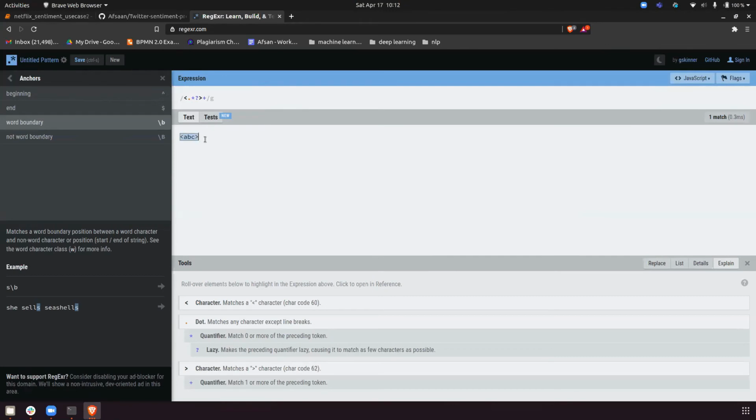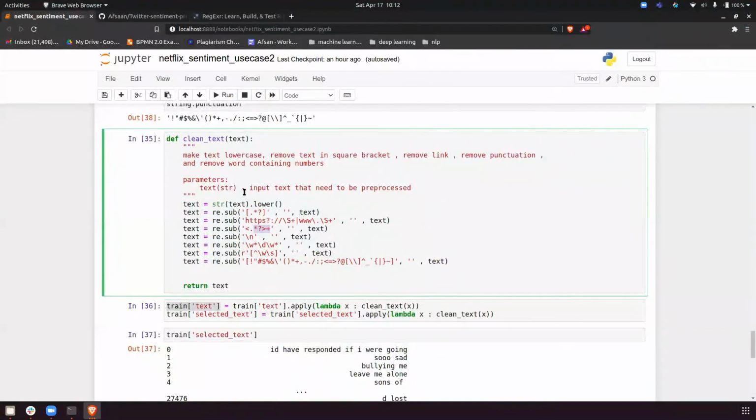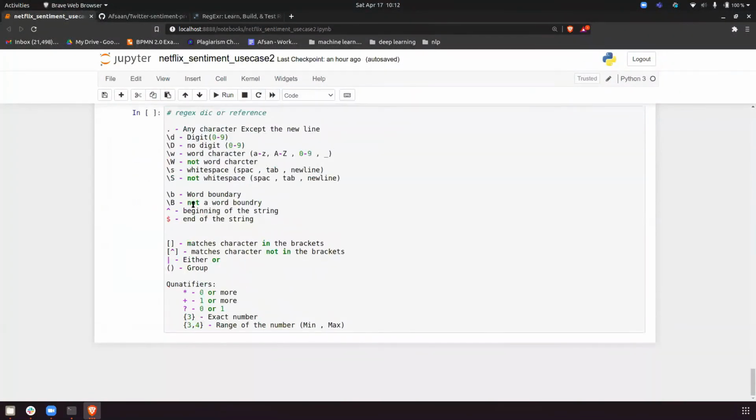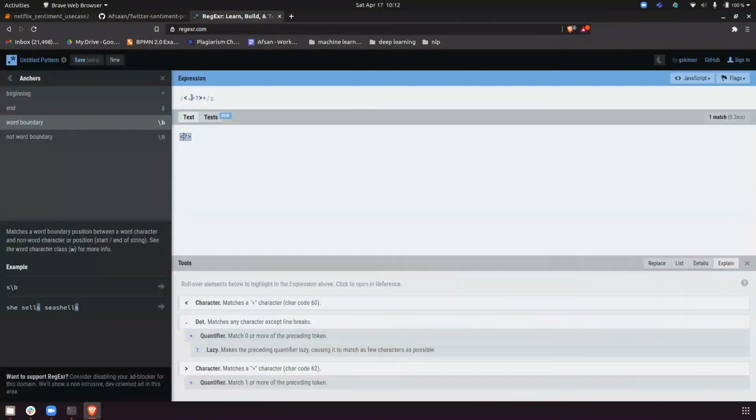What is the question mark inside there? In the regex there is a question mark, right? So basically what does dot mean?